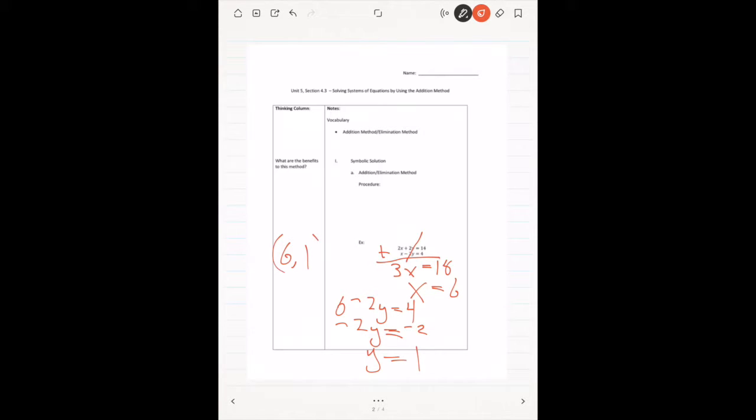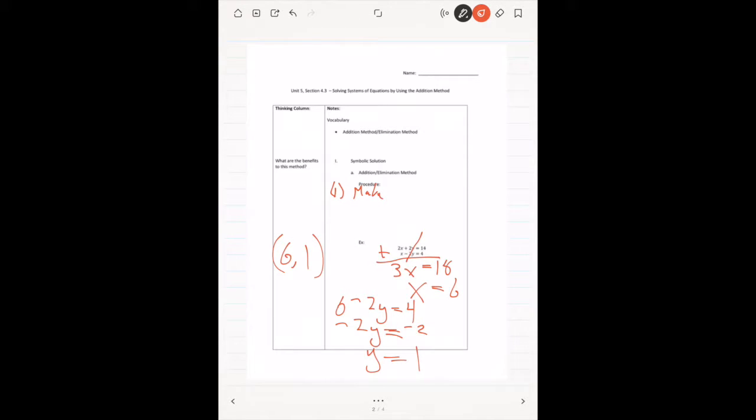So my answer to this problem is going to be 6 for x and 1 for y. And what this is saying is, notice that if you have opposite coefficients, when we add these equations together, those opposite coefficients are going to cancel out. So the procedure would be, for step 1,